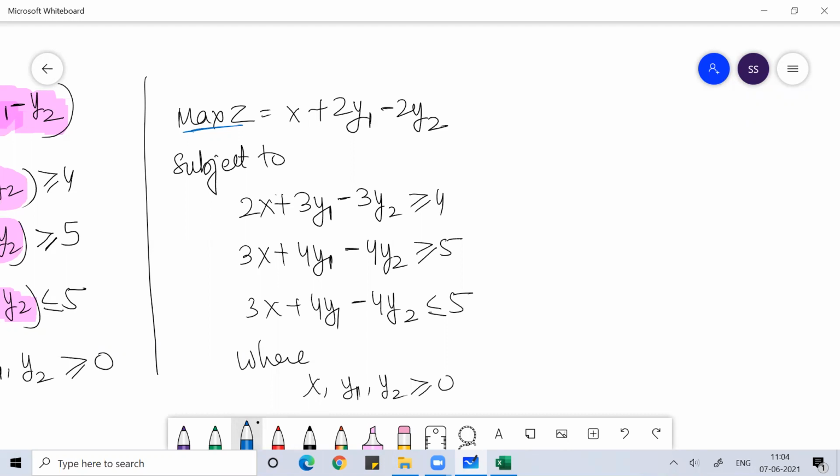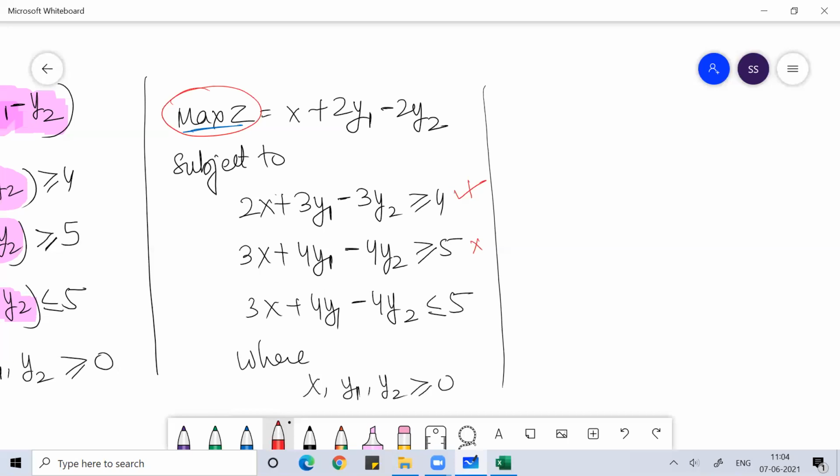So your constraint should be less than or equal to. Here, if I see a few constraints, this is greater than or equal to, this is greater than or equal to, this is also greater than or equal to. So you can understand, if the objective function is maxima, then in canonical form, your constraint should be less